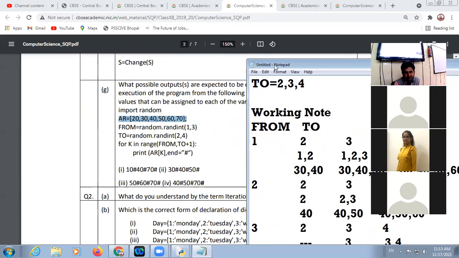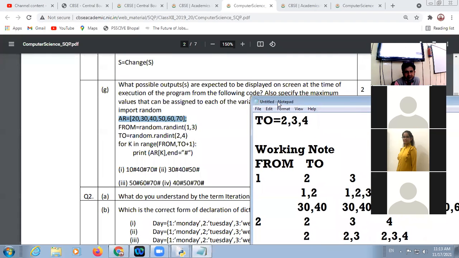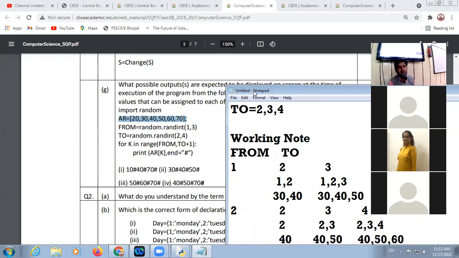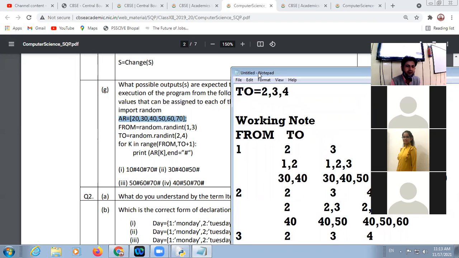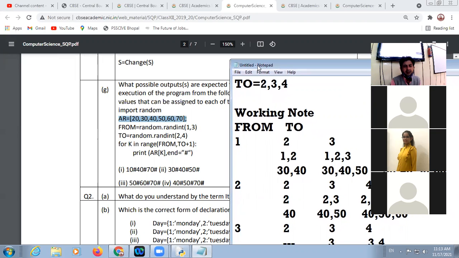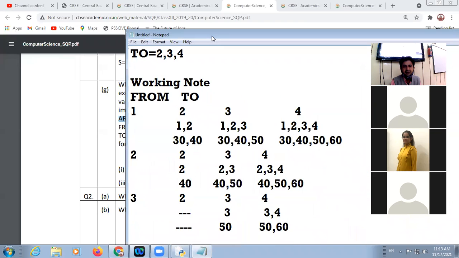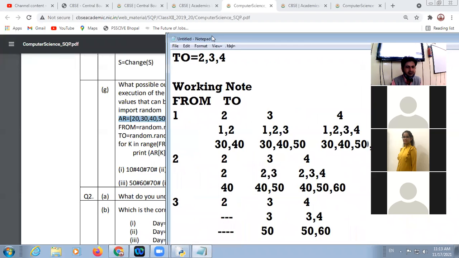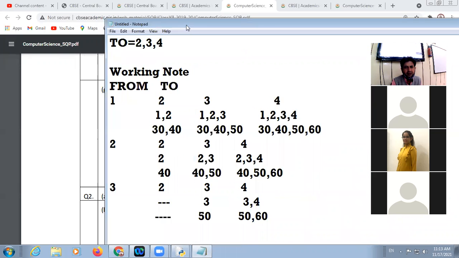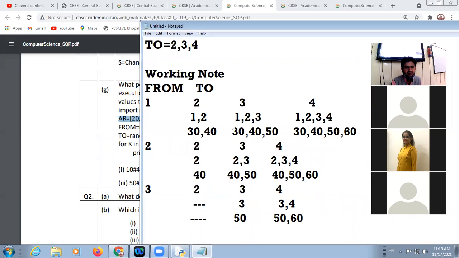Now, the options given in your question: you have to find out the possible output. In the previous question, we discussed what is not possible. So here are the possible values. Here, 10, 40, 70 is not an option. 30, 40, 50 is one.